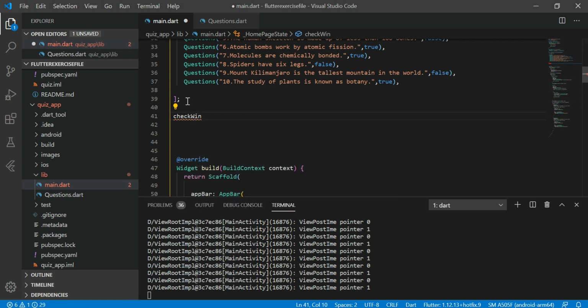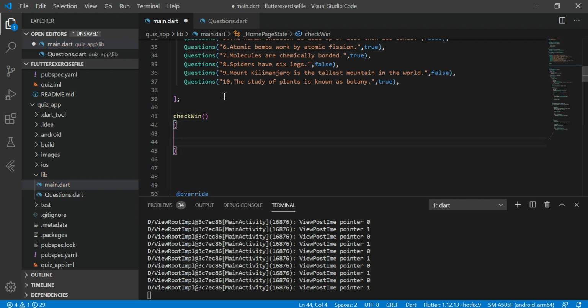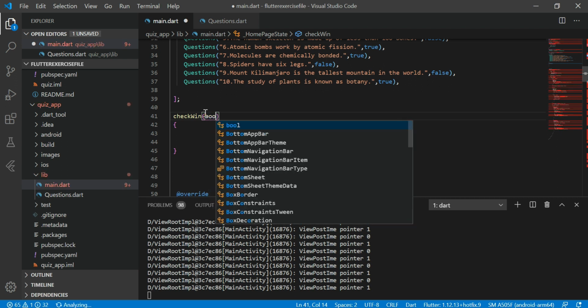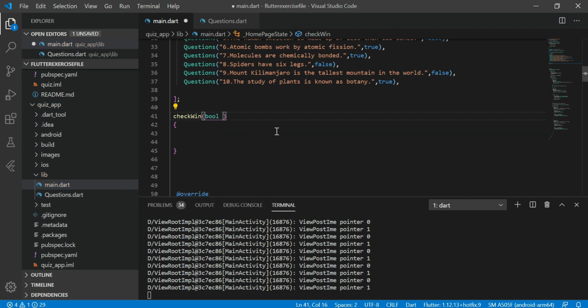Let's make a method so that it can check whether our answer is correct or not. For this, here I am using a bool userChoice. User choice is basically your choice if you tap on true or false.